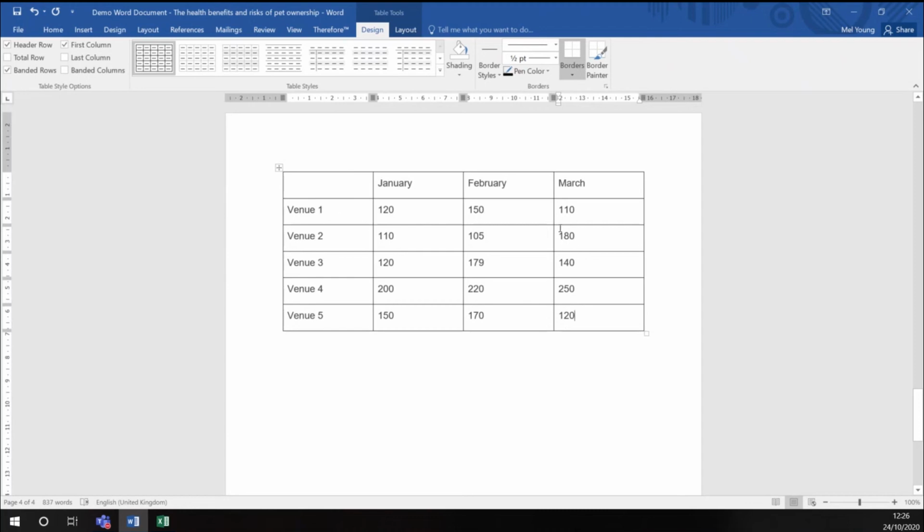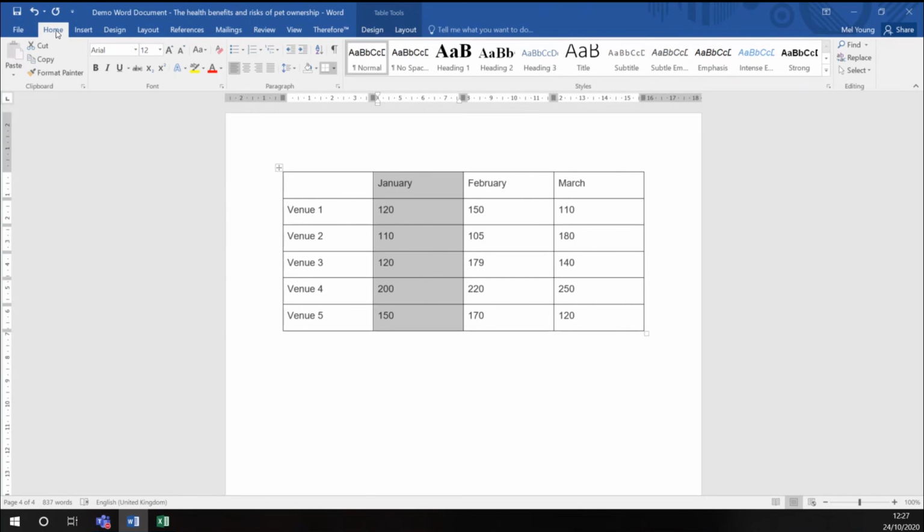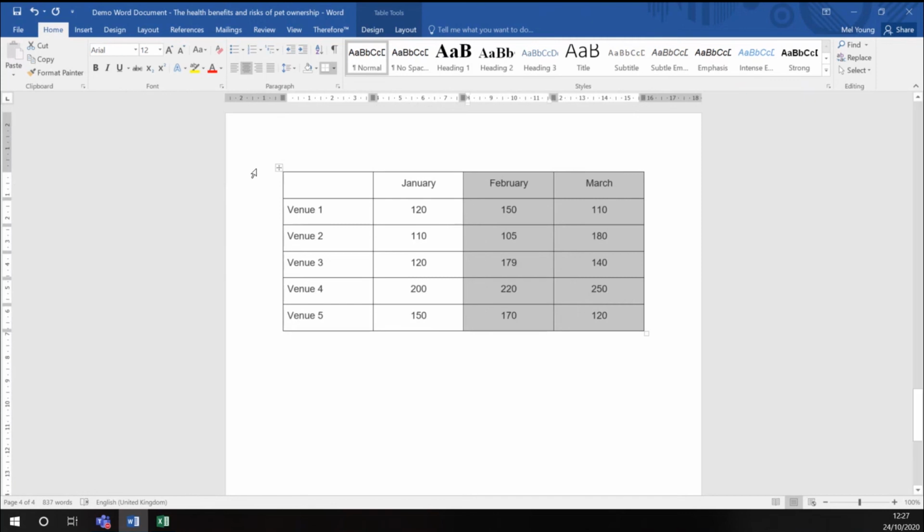You can change the width of your columns. You can merge rows and columns. So let me just show you, for example, if I highlight the column January, go back to my home menu, I can choose center for that text. If I want to do that for all of the text in the table, I just highlight the whole table